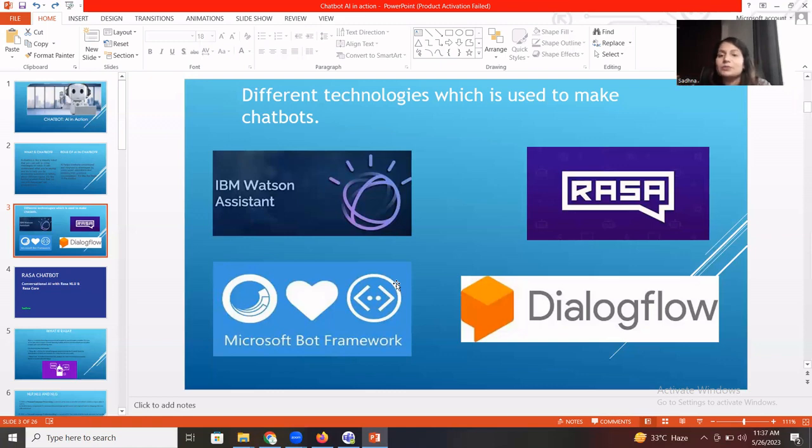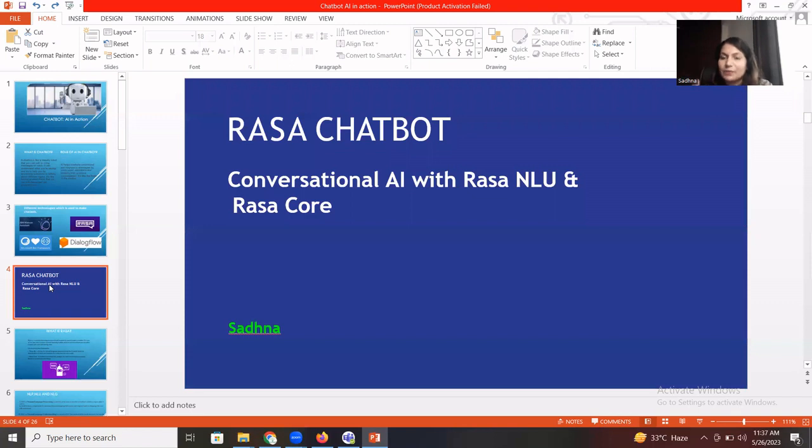Rasa is an open source framework, which we use first for creating an end-to-end chatbot. Before creating the chatbot, we first need to understand what Rasa is. As I said, it's an open source framework for creating chatbots in which you don't need to write code from scratch.